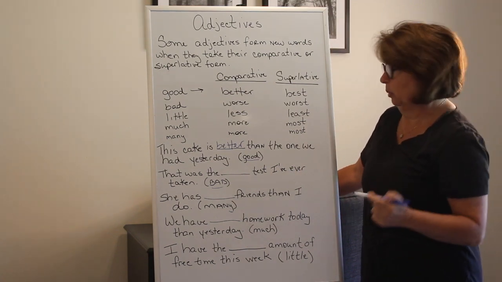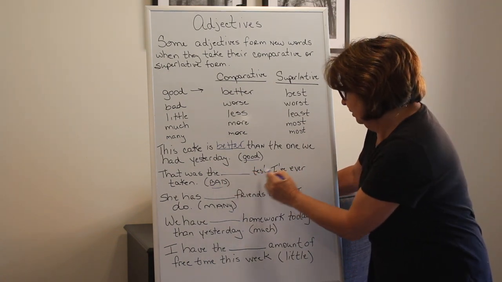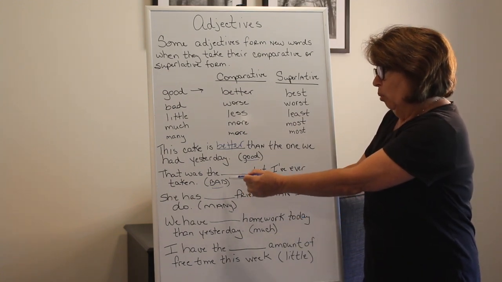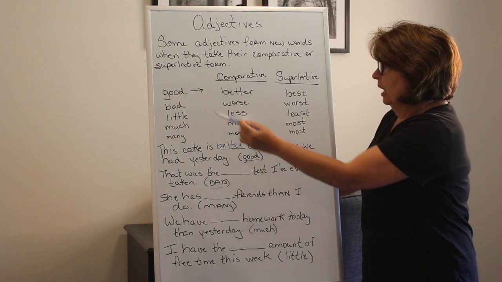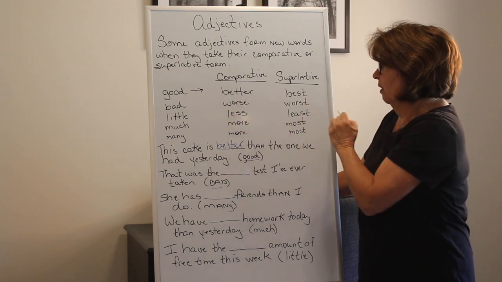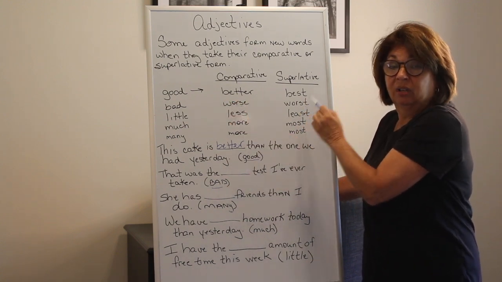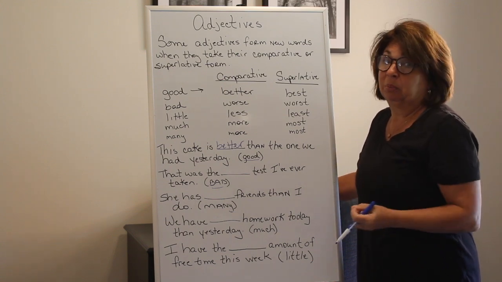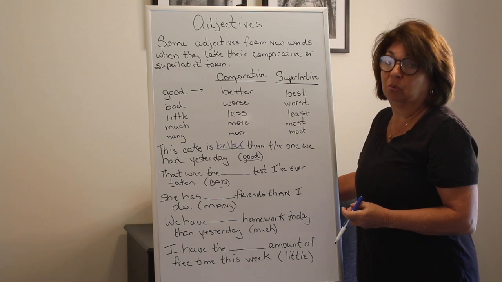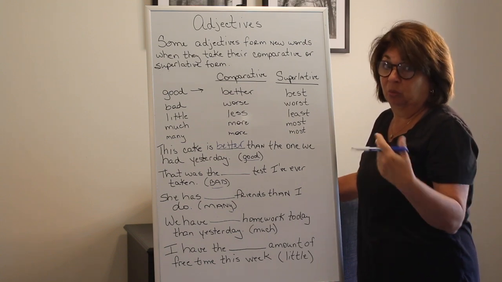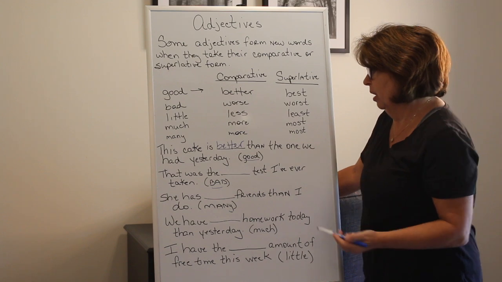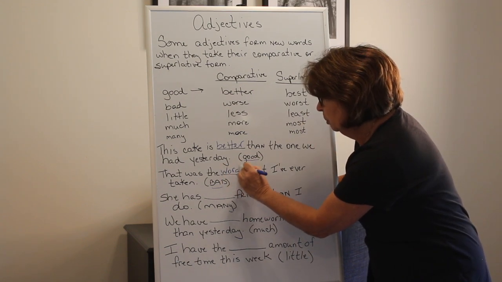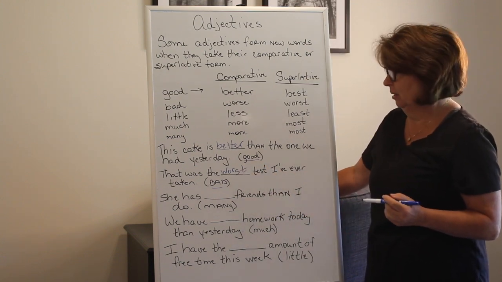All right, let's look at the next one. That was the blank test I've ever taken, and our word is bad. So we have to see, what are we comparing? Is that the worse test I've ever taken or the worst? Either one would sound okay in the sentence, but think about that. Most people have taken many more than 2 tests in their lives, so we're going to assume it's 3 or more and go with that was the worst test I've ever taken, because most people have taken many tests.